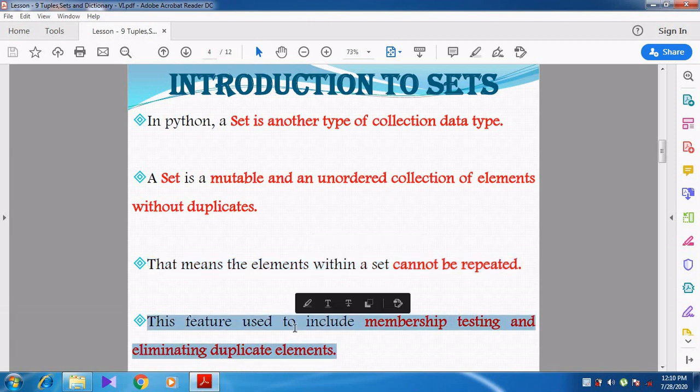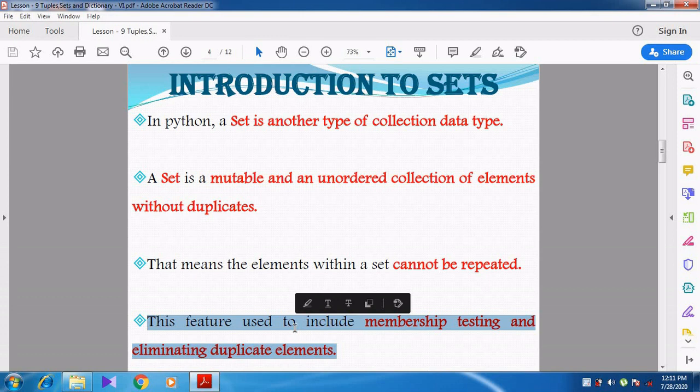Why have they used this feature in the set? They have used this particular feature to eliminate the duplicate, repeated elements. And not only for that, it is used to test membership.